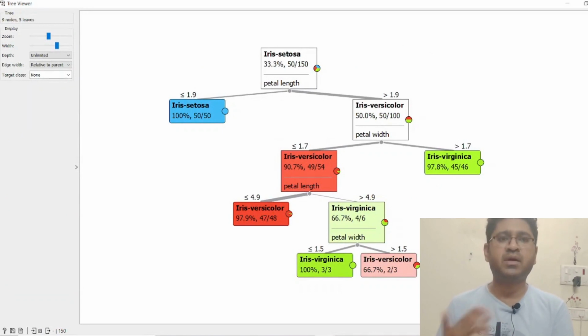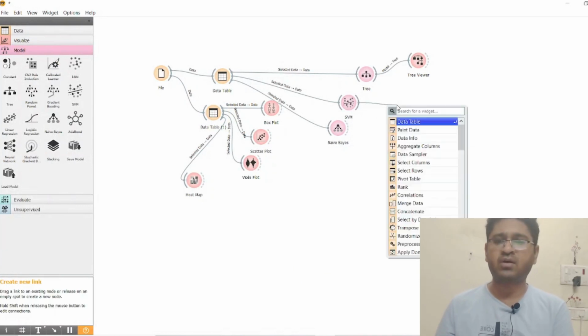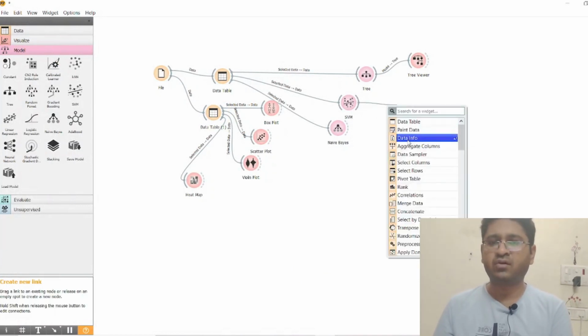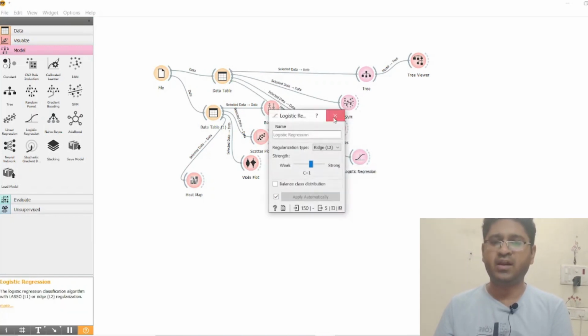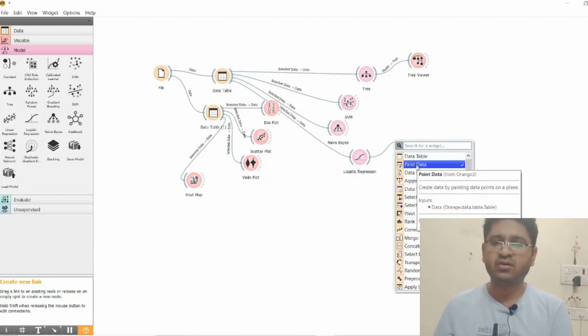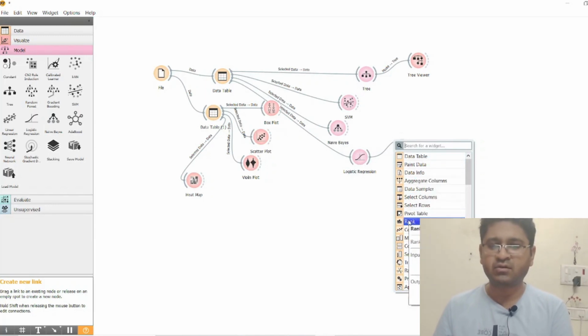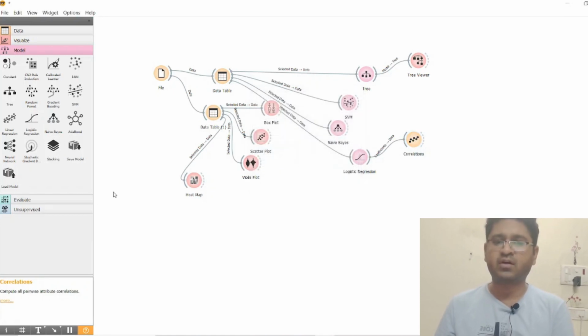You can insert this in your MTech thesis, or your PhD thesis, and so on. So for SVM also we can have the data table, data view, data info, and so many things are there. One more thing is there, logistic regression. You can have the logistic regression for this data table as well. So this will plot the data, and suppose I am going to have the point data, pivot data, so it will show the correlations as well.